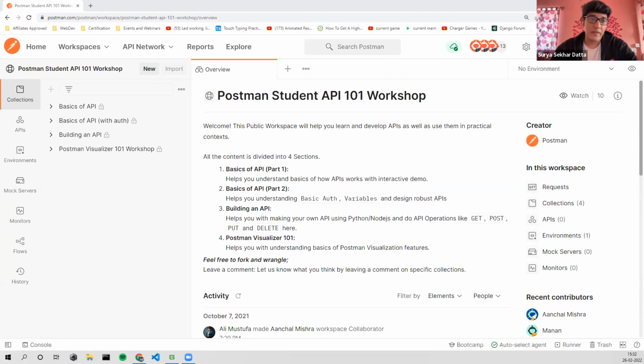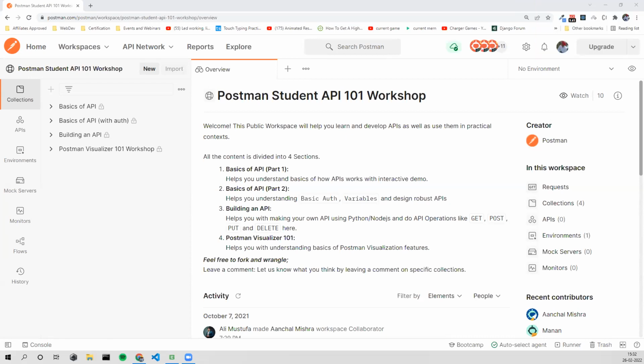What would you prefer: a paid tool, or something open source that you can see and control? Definitely open. Postman has a paid model also for business, the enterprise license. Also, if in your campus you have many students who want to work on a collaborative project, you can get an educational license from Postman. Surya or I could help you with this. Sure, we can go with the session.